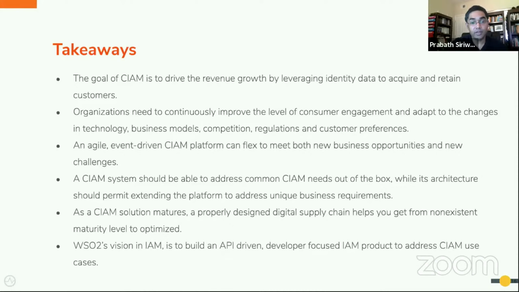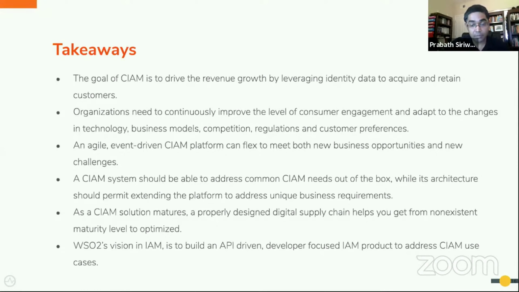An agile event-driven CIAM platform can flex to meet both new business opportunities and new challenges. A CIAM system should be able to address common CIAM needs out of the box, while its architecture should permit extending the platform to address unique business requirements. As a CIAM solution matures, a properly designed digital supply chain helps to get from non-existent maturity level to optimized.